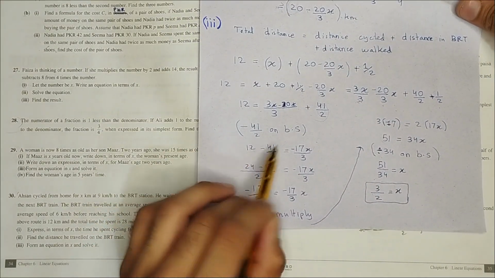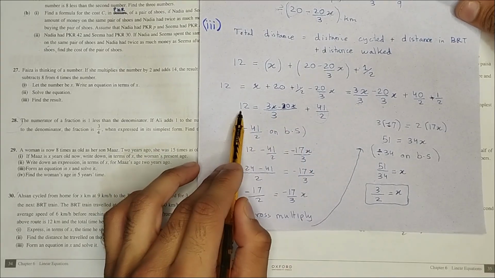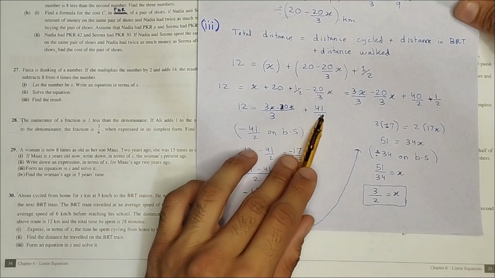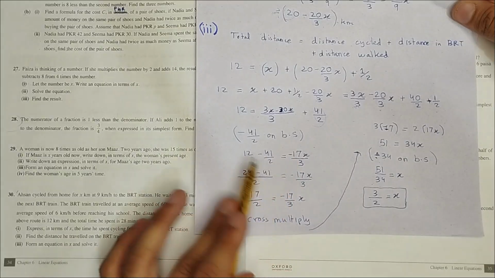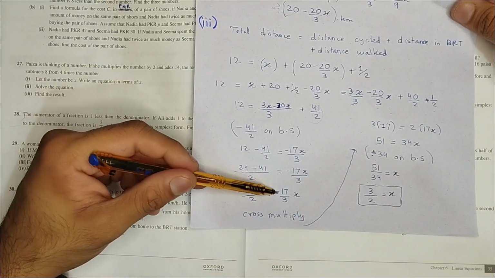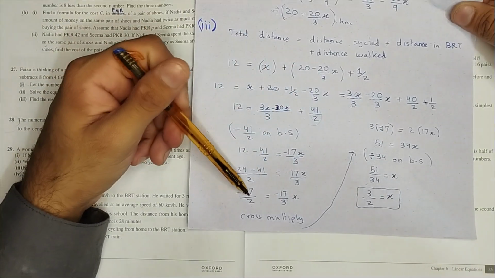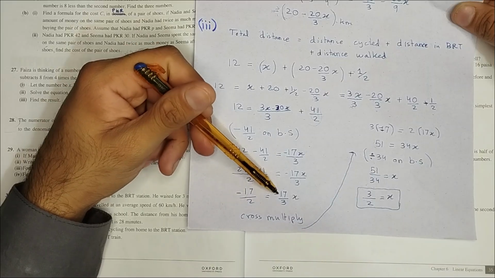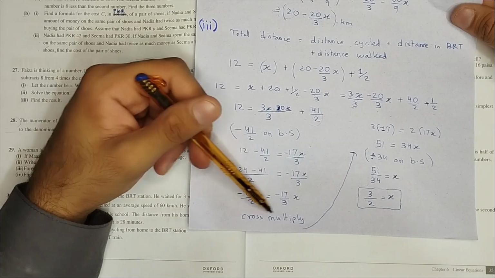Okay, here what did I do? Made sure that the constants are on the same side of the equation. Make sure that the constant is on one side and the variable is on the other side of the equation. Further dealing with the question, at this point I had minus minus, which means I can remove the signs and take them as positive. 17 divided by 2, 17 divided by 3x. Now I can cross multiply,